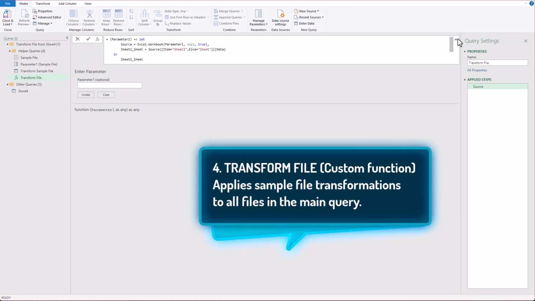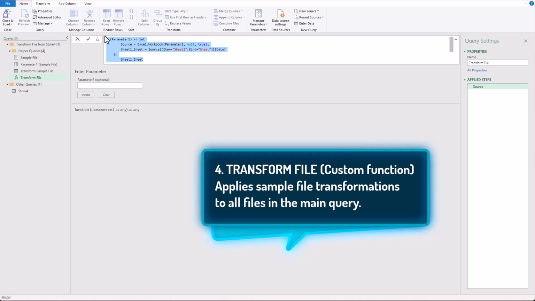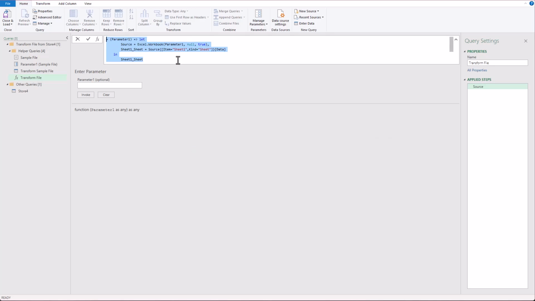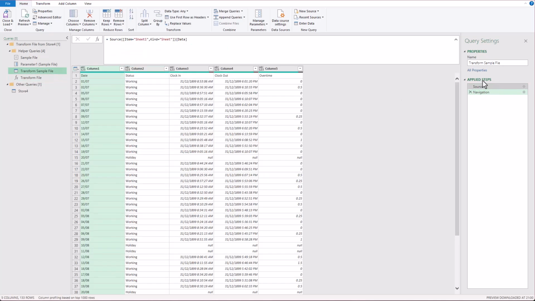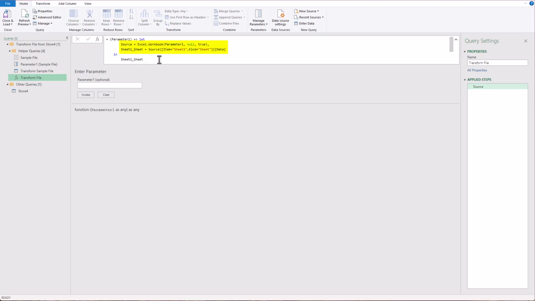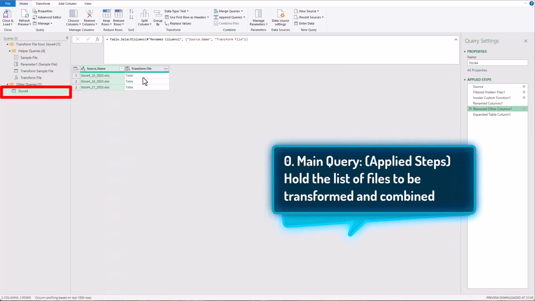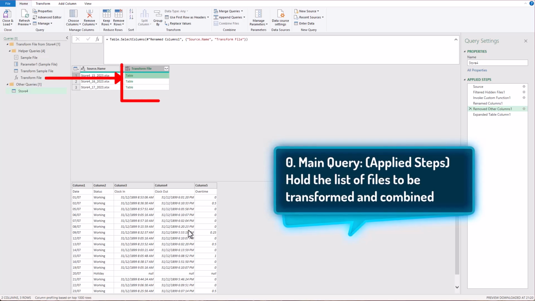And you can see the apply step documented in the formula bar here. They are exactly the same steps that we would have seen in the transform file query. And whenever there are new apply steps in the transform file query, it will be reflected in the function as well. Now this custom function is then used in the main query to extract the underlying data for each individual